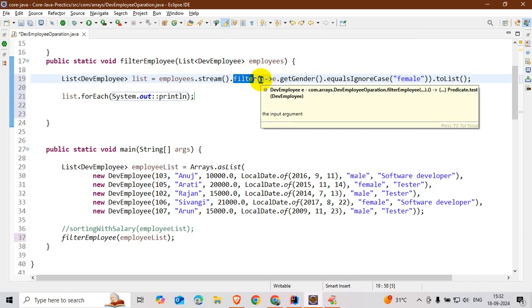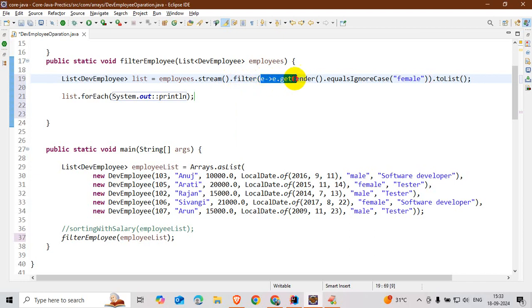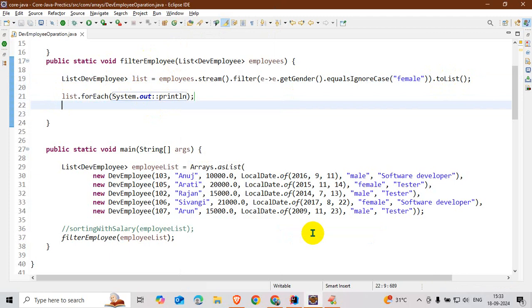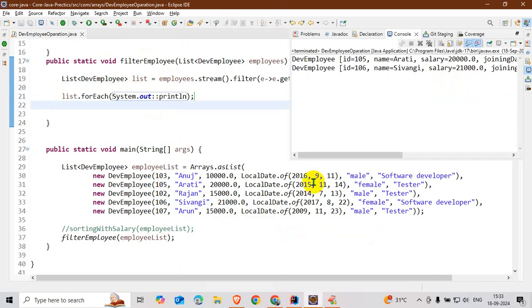In the filter method I write the predicate logic: if employee gender is female, then collect to list, and here I printed the data. So I want to run this program, so right click, run, Java application. Okay.